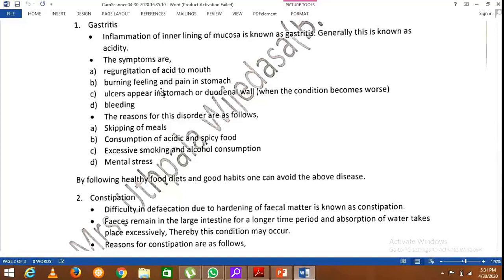There is a burning sensation along the esophagus and inside the stomach. And this can cause a pain inside the stomach. If this condition continues, ulcers can appear in the stomach or the duodenal wall. When this condition gets worse, bleeding can take place, and ultimately these ulcers can end up as cancer conditions